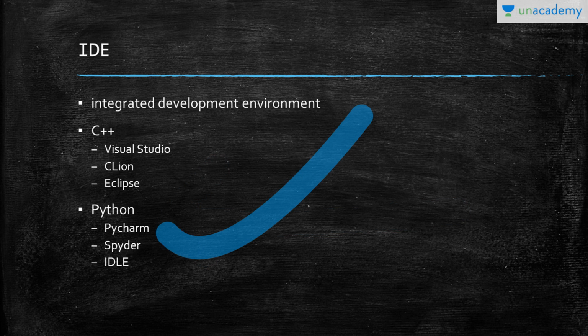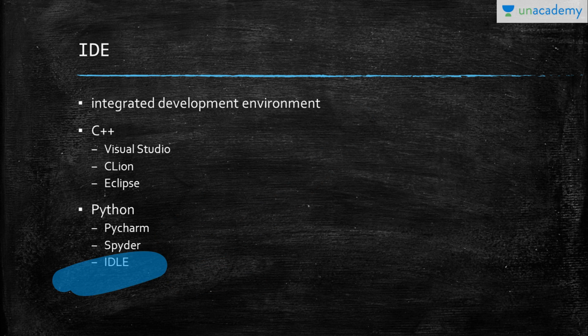Next is Spyder. Well, Spyder is mainly used with Anaconda. So Anaconda is a version of Python 3.6 or 2.7, which mainly includes all the libraries which we use for machine learning and data science. IDLE is the most basic